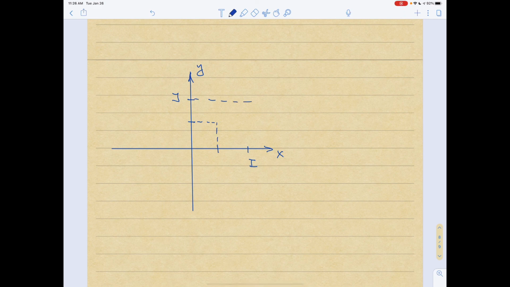We have a strictly increasing function, maybe like so. So if I want to prove that my function is continuous everywhere on J,